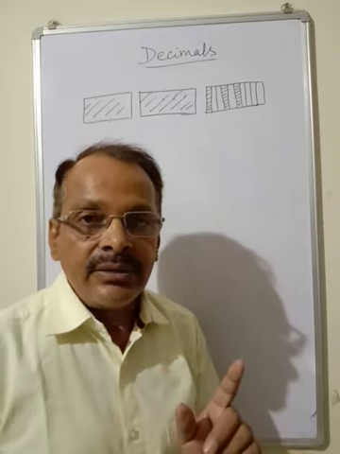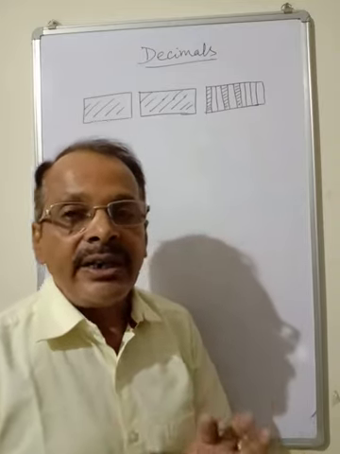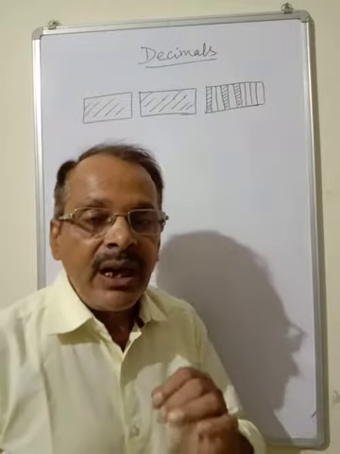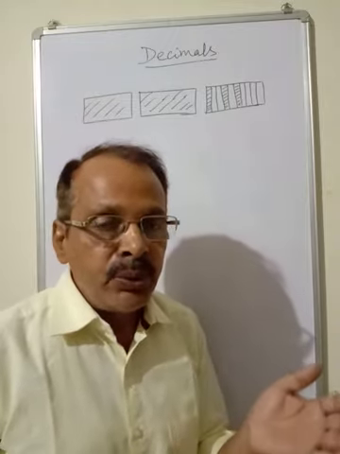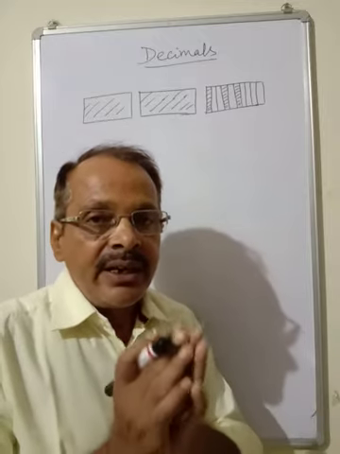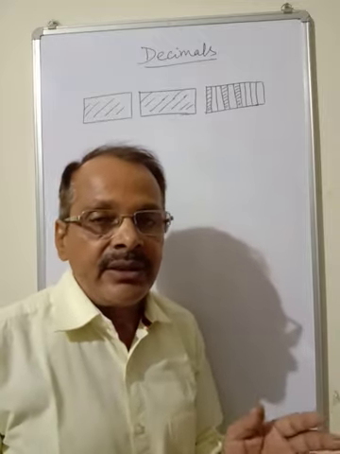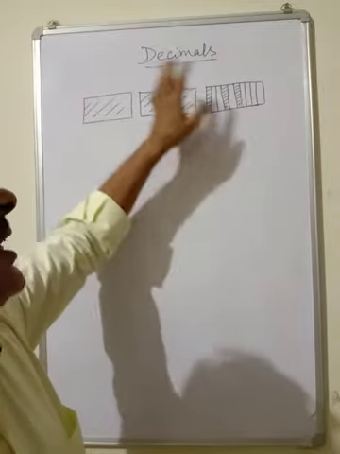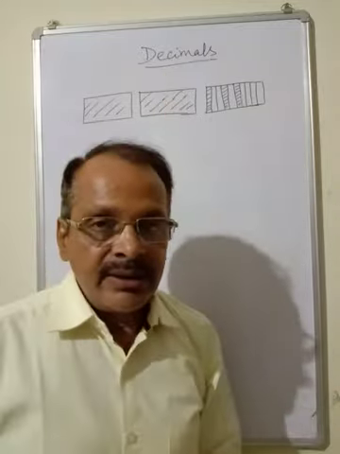Thousands, and so on are called decimal fractions. Decimal always comes after fraction. That means both are deeply related, decimal and fraction. That is why this is called decimal fractions. Now children, why do we need decimals?